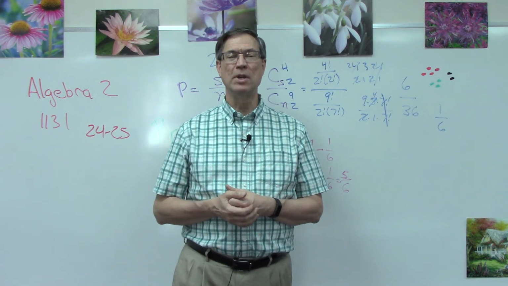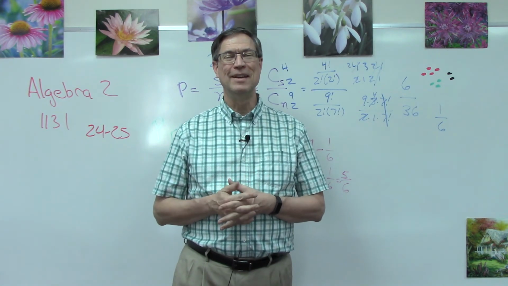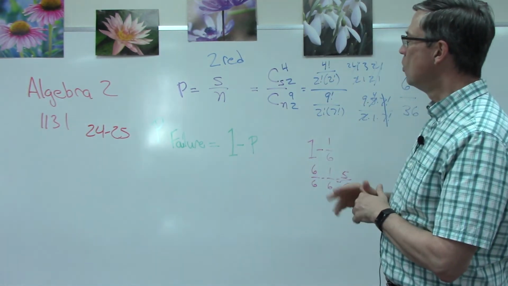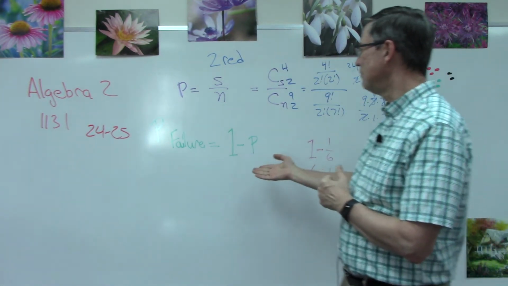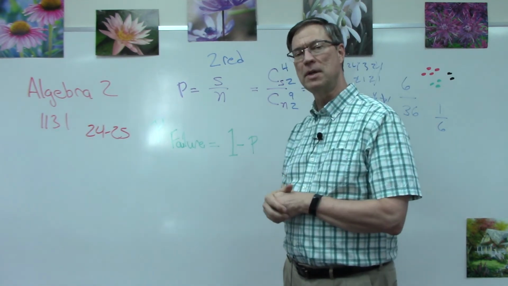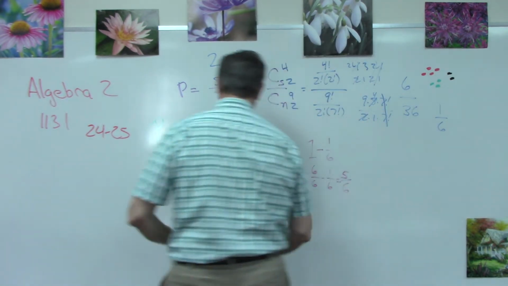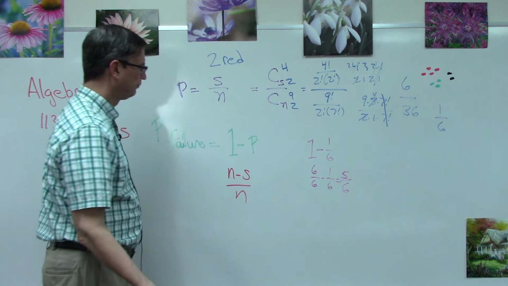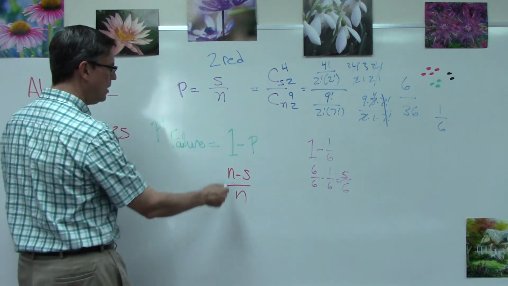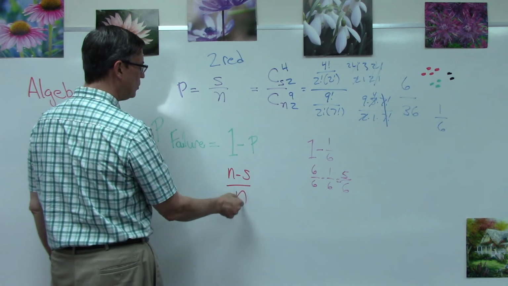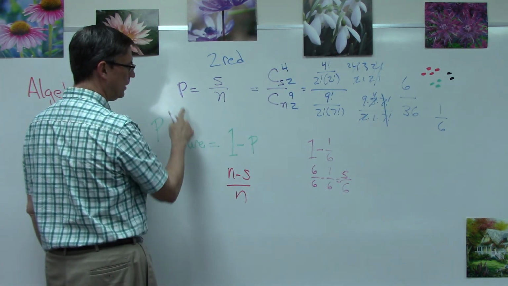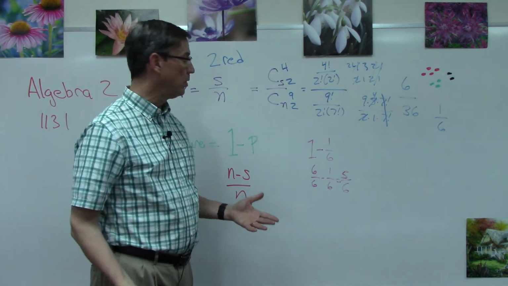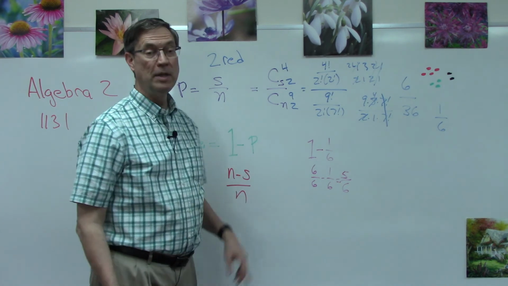So probability and chance are an interesting topic, and there's some interesting math involved with it, which is why it's here in Algebra 2. So that shouldn't be, hopefully, too bad. This is the main formula. They have another formula there that, I think, is n minus s over n. But if you notice, n over n is 1, and s over n is the definition of probability. So they really mean the same thing, and this one here is just easier. And I think in order to solve it, you have to first find the probability anyway.